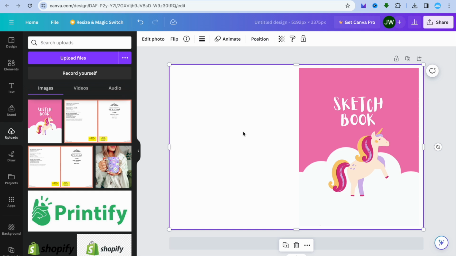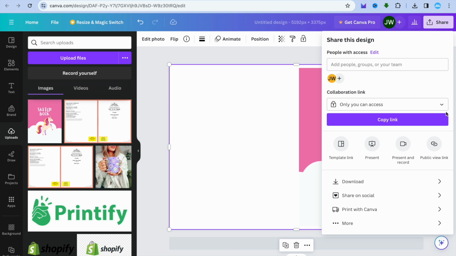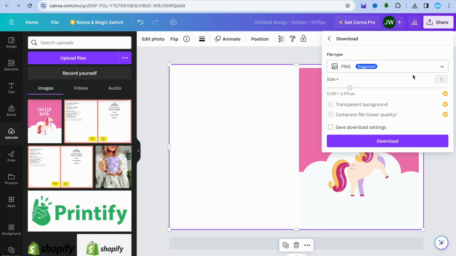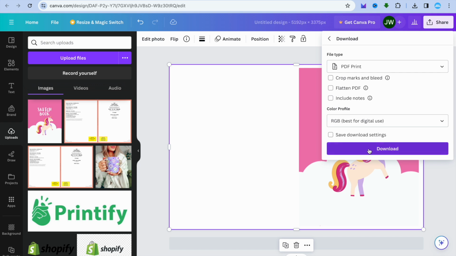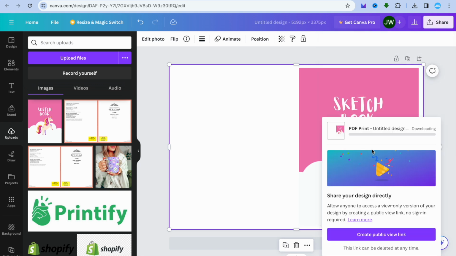After you're finished, all you'll need to do now, you're going to tap on share. After tapping on share, from here you're going to tap on download. Then you're going to change the format from PNG. You're going to change it to PDF. After doing that, you're going to tap on download. Now, once it has been downloaded, as you can see right there, all you'll need to do now, you're going